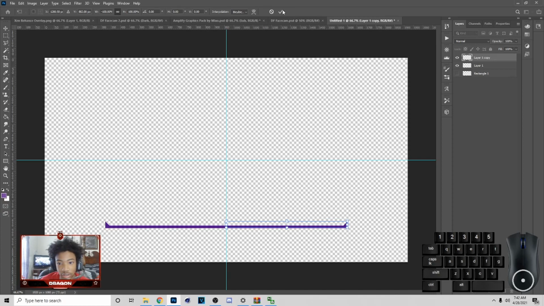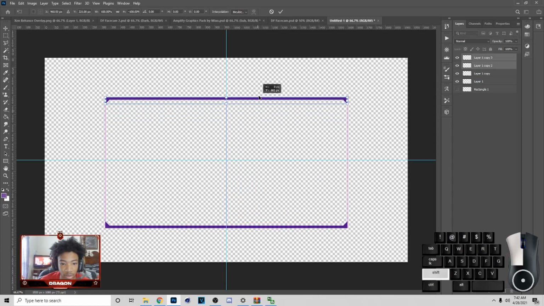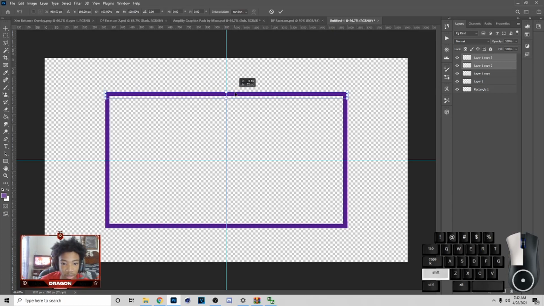Now that we've done this, what we can do is hold Control and then click this layer, then hit Control J while having both of them. Again, you want to click on this, and then flip horizontal, and then bring it all the way up here. Now place this back so you can see where the top is on it. Alright, so now that you got the top on this,